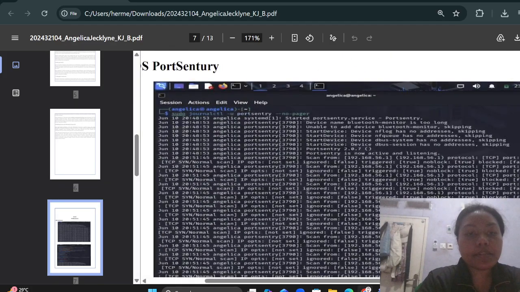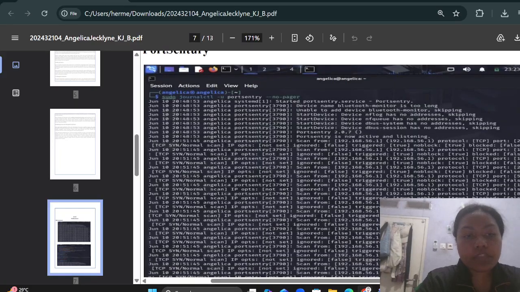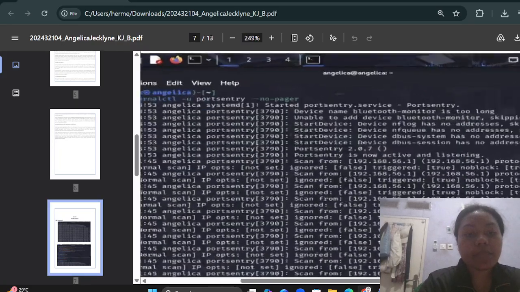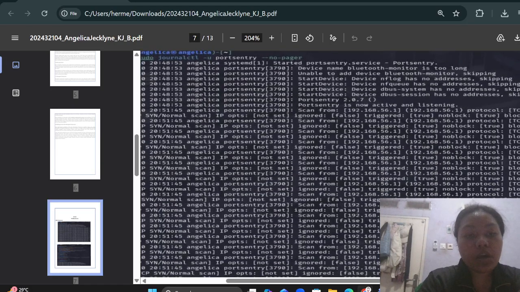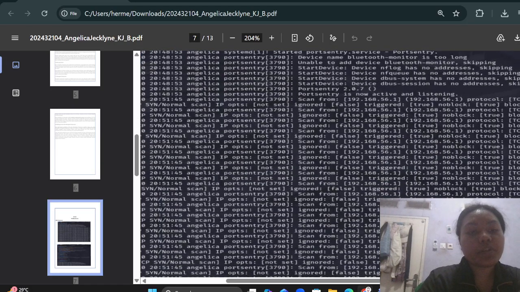Portsentry is an intrusion detection system designed to detect port scanning attacks. Port scanning is usually performed by attackers to identify open ports and vulnerable surfaces on a target machine. The first step was installing Portsentry on a Linux operating system. After the installation was complete, we configured Portsentry